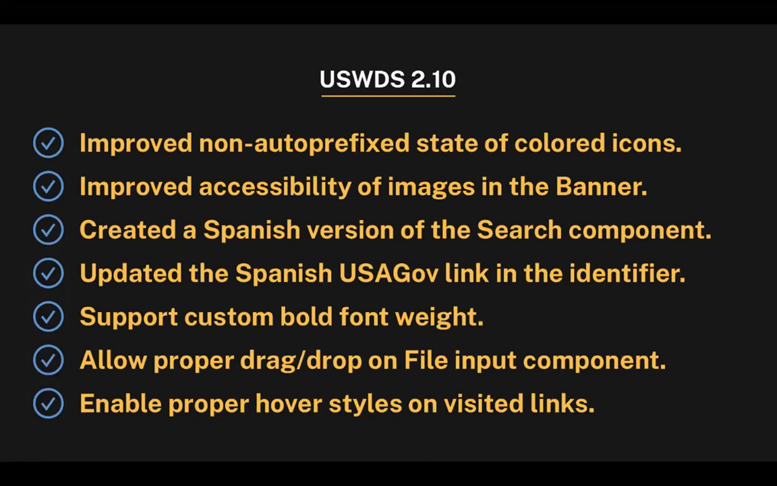We also created a Spanish version of the search component, so you can say hello to Buscar. We also fixed a typo with the Spanish link to USAGov in the identifier. The correct name of the Spanish USAGov site is USAGov en Español, not USA.gov en Español. So if you're using the identifier, it'd be good to update that so it uses the proper name for USAGov